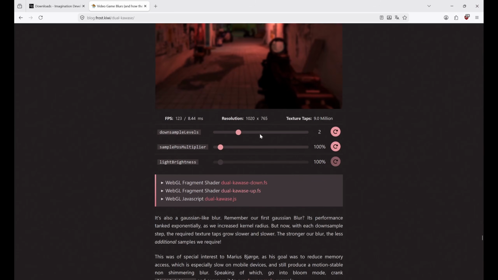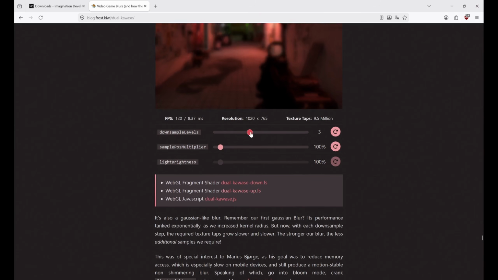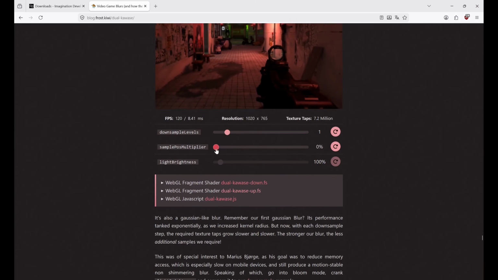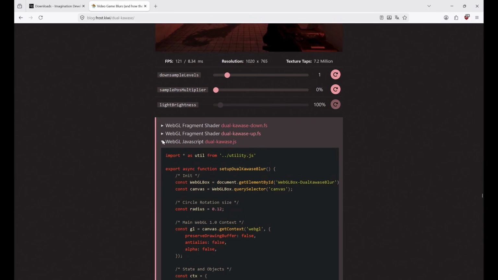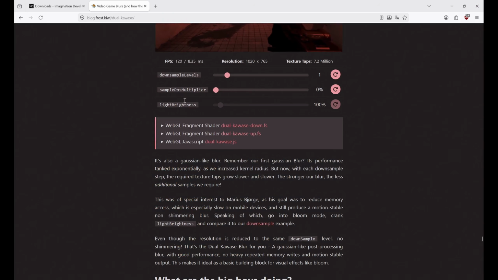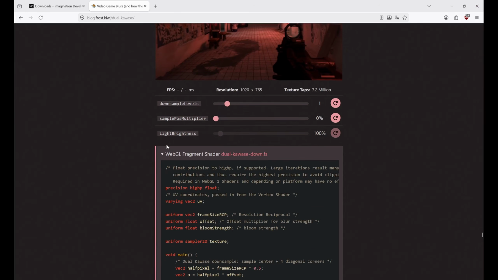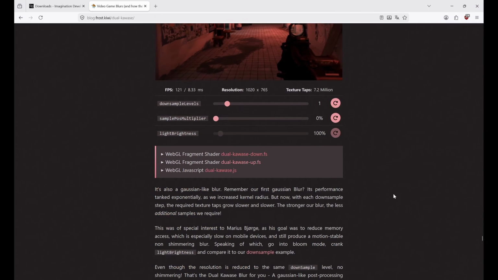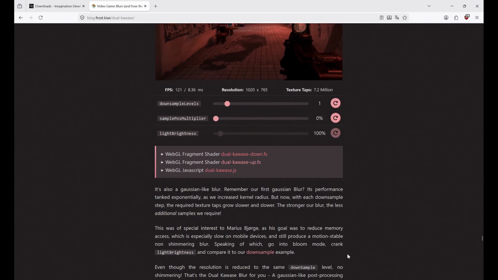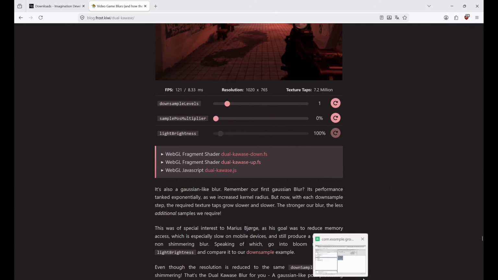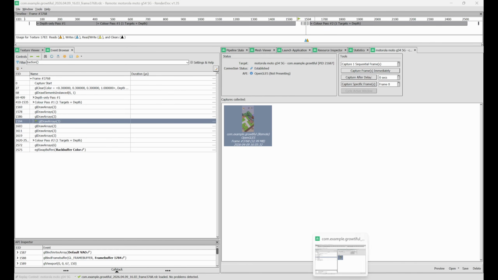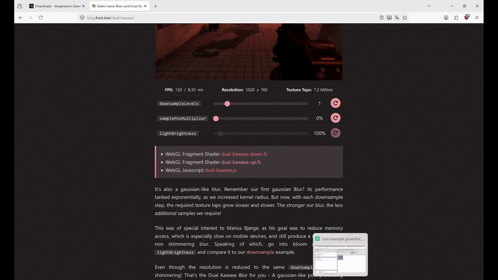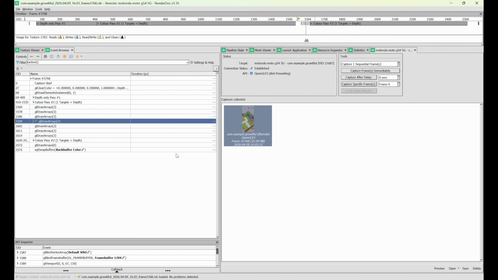So this is nothing really too crazy, but you can see how it affects other things like parameters. You can tweak it. You can take a look at a WebGL implementation, a simplified version, and the simplified shaders to get a general idea of how it works. So from what I understood so far, the dual Kawase filter that we have in Godot is actually a 4-step downscale